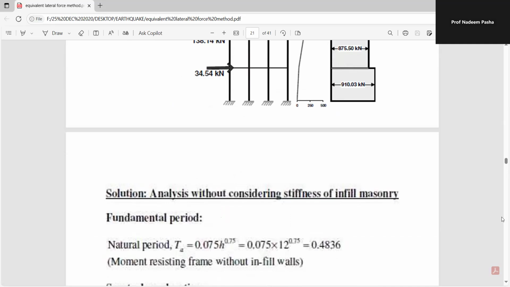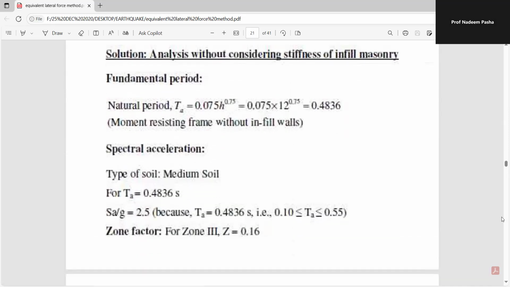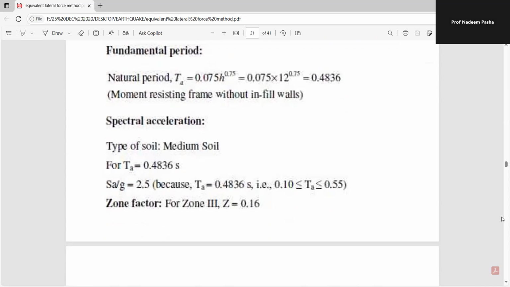Now, solution without considering stiffness of infill masonry. So in the next part, we are analyzing without considering stiffness of infill masonry. So the fundamental period TA is equal to 0.075 into h raised to 0.75, equal to 0.075 into 12 raised to 0.75. It comes out to be 0.4836. So this is the moment resisting frame without infill wall. Now for the spectral acceleration, the type of soil we are assuming as medium soil. For TA equal to 0.4836 s, SA by G comes out to be 2.5